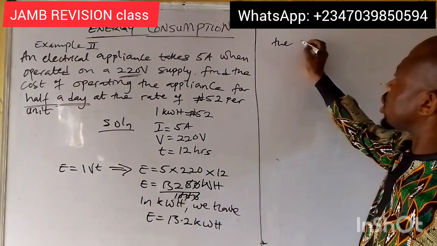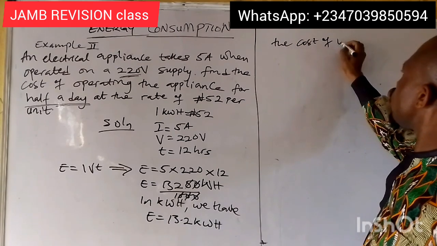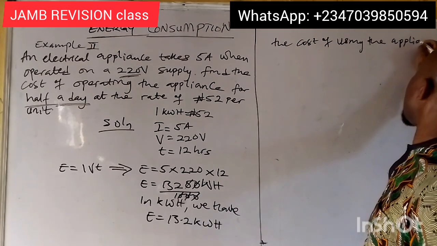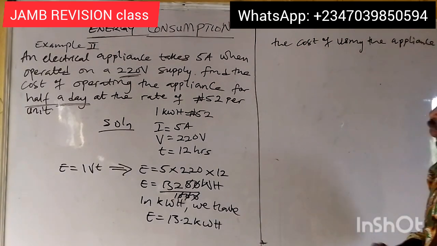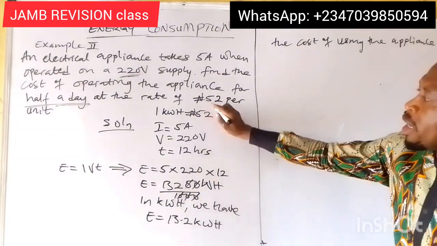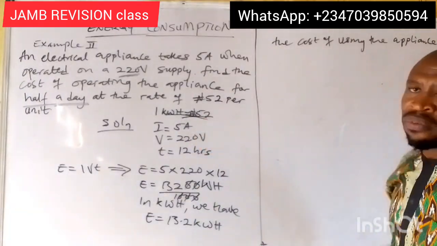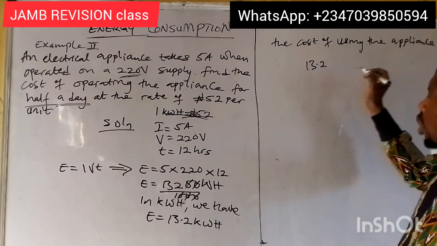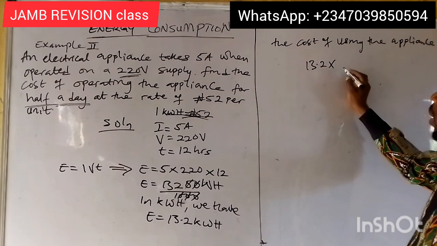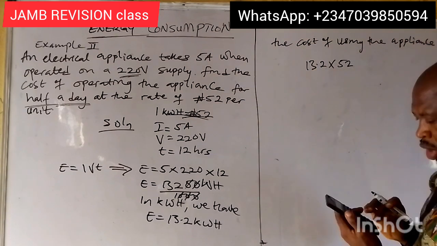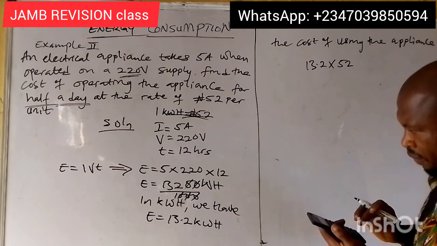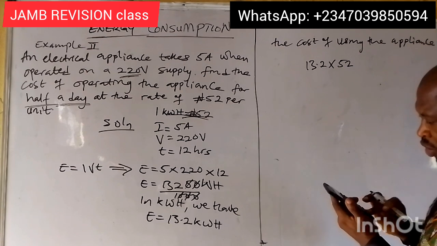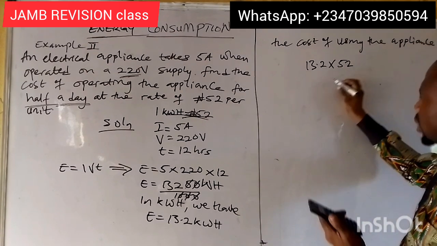Now, the cost of using the appliance is equal to this multiplied by the rate. The rate is 52 naira. So we now have 13.2 kilowatt hour multiplied by 52. Now, if we have 13.2 multiplied by 52, it will give us